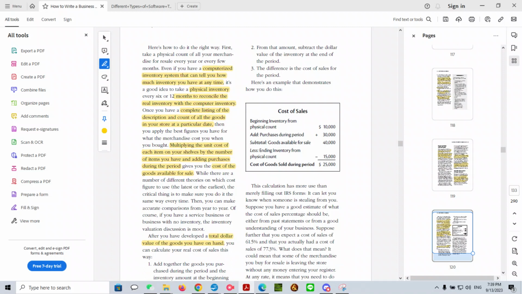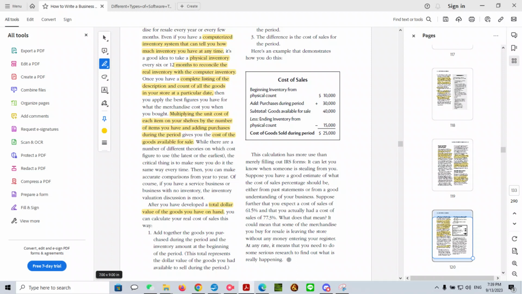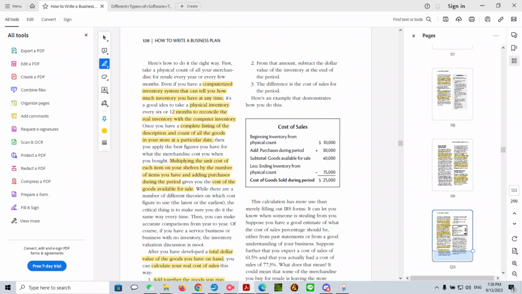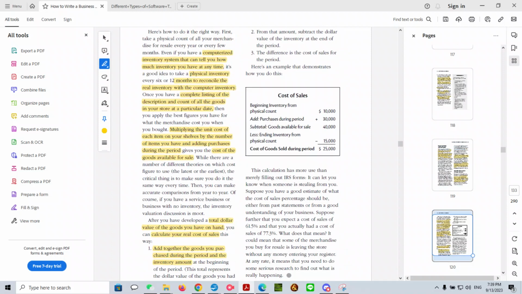Now, once you develop the total value of the goods on hand, once you add up all that, then you calculate the real cost of sales. What you do is you add together all the goods that you purchased during the period to the inventory amount, which you just did, at the beginning of the period, so we know month to month how much it is. So month one we purchased this amount, then months 2, 3, 4. Add all that up. And number two,